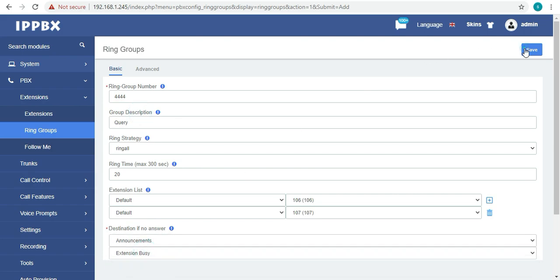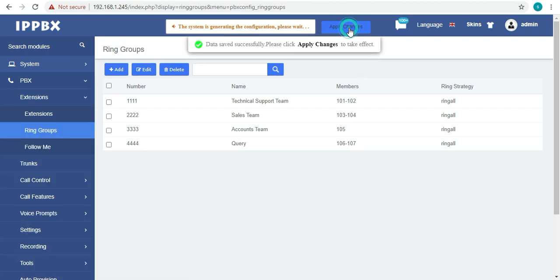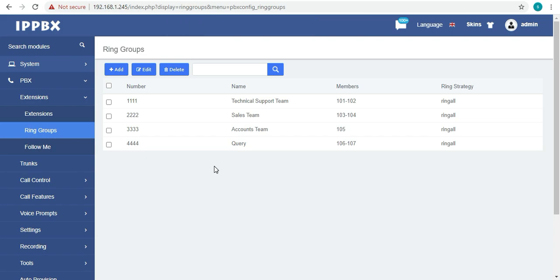As you can see, I've created 4 ring groups, and the destination for every ring group is their extensions. For example, in the technical team there are 2 extensions, in sales there are 2 extensions, and so on.